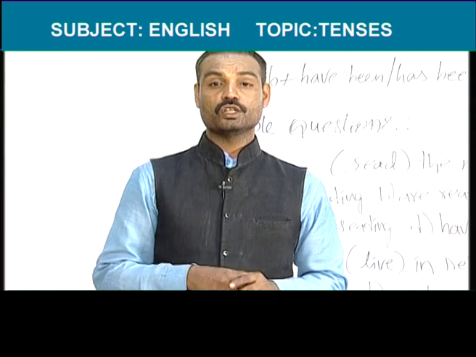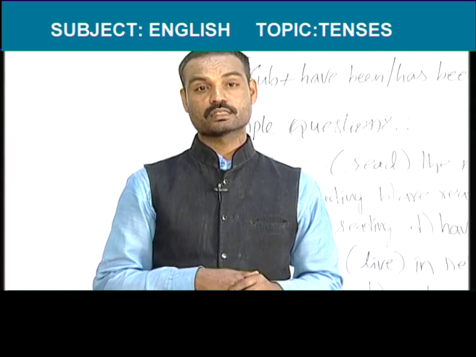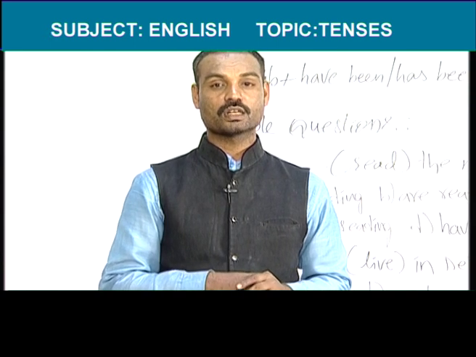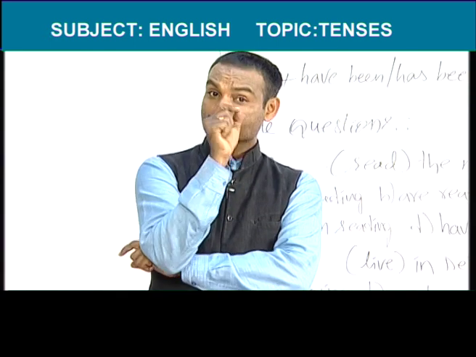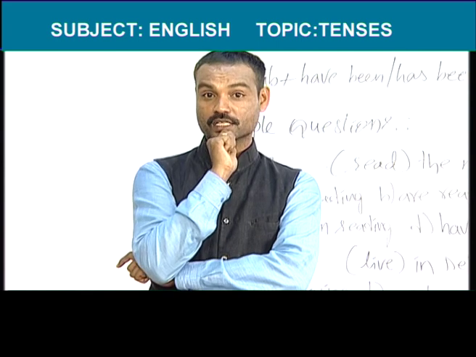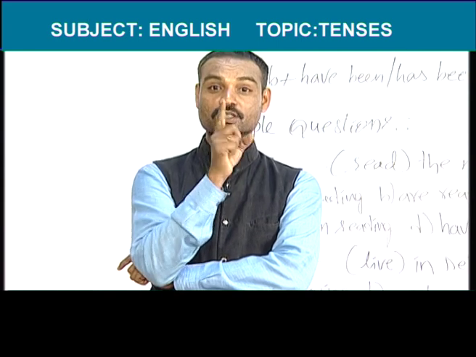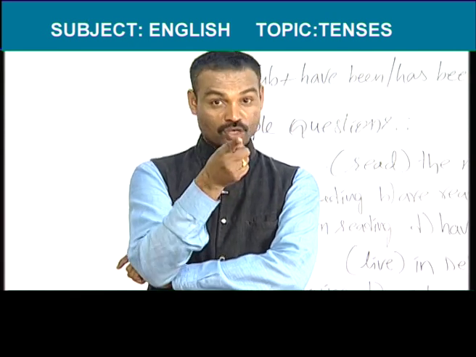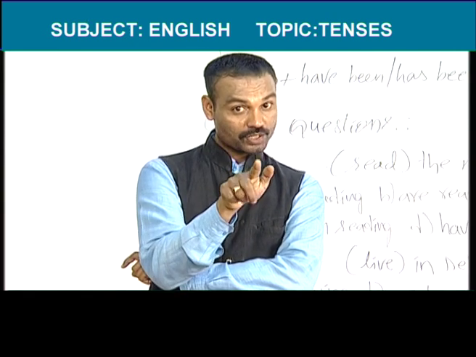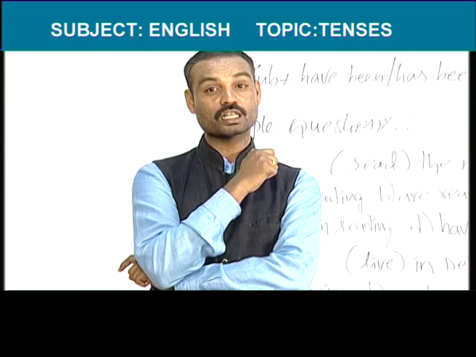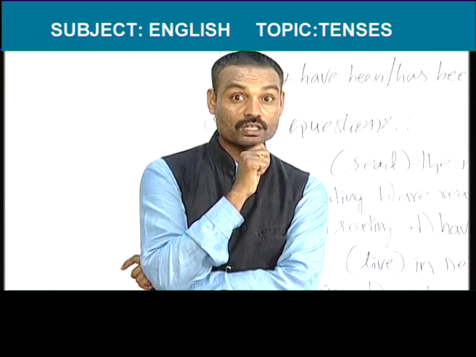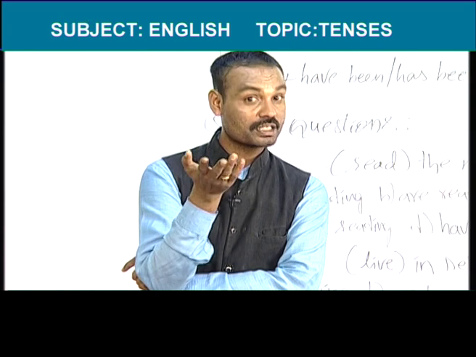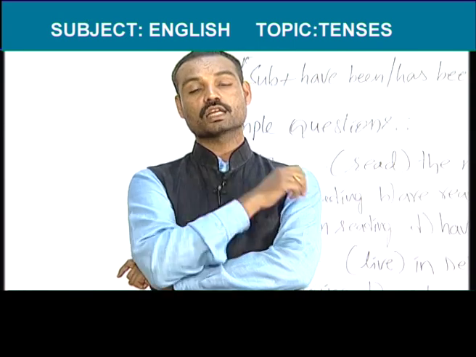Now I am going to tell you four types of sentences in this tense: positive, negative, interrogative and negative interrogative sentences. Roja was talking to Nagendra Babu yesterday. This is called a positive sentence. Roja was not talking to Nagendra Babu yesterday. Negative sentence. Was Roja talking to Nagendra Babu yesterday or at this time yesterday? Interrogative sentence. Wasn't Roja talking to Nagendra Babu at this time yesterday? Negative interrogative sentence.